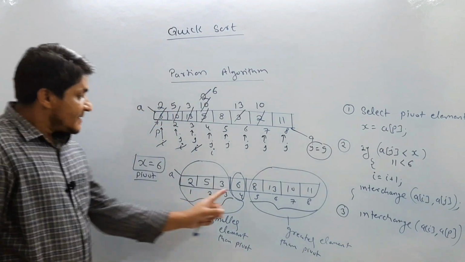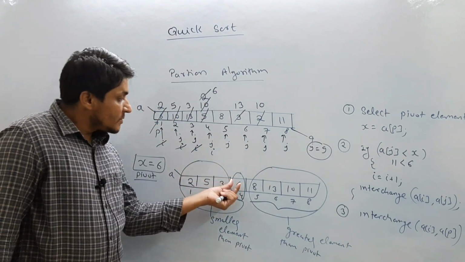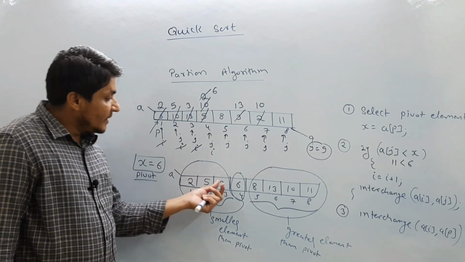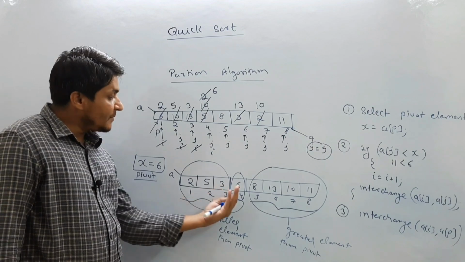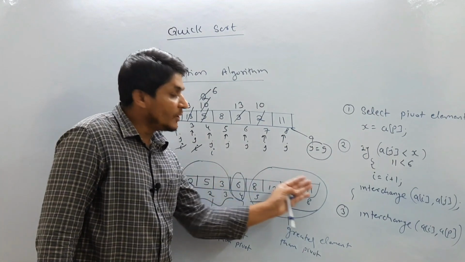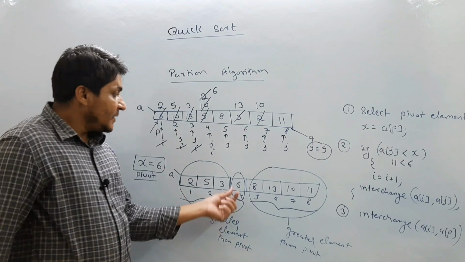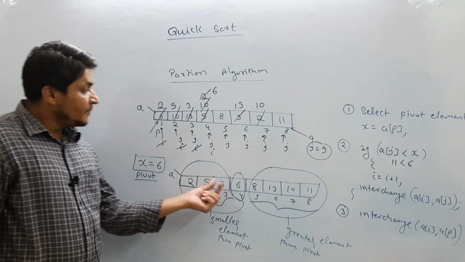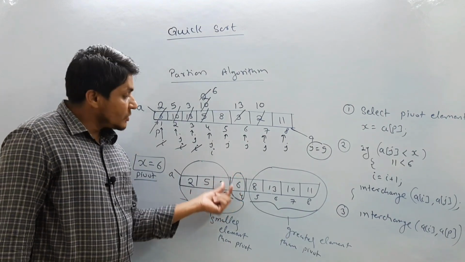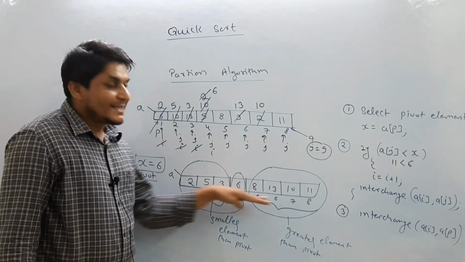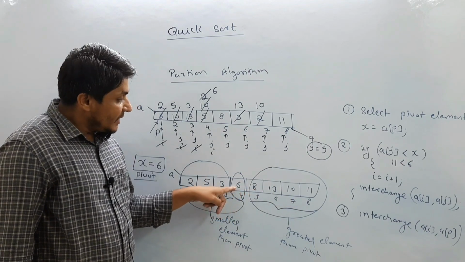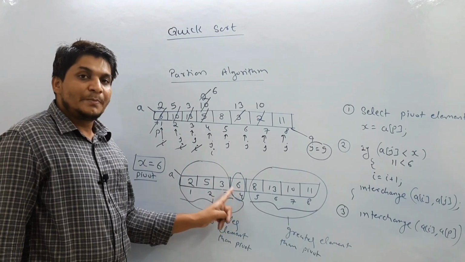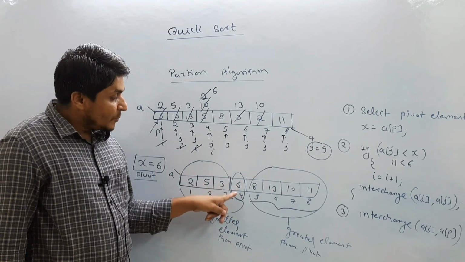See, now if you sort this array, because this part is not actually sorted, 2 5 3, after partition there is no guarantee that the left part is going to be sorted or the right part is going to be sorted, but there is a guarantee that the pivot element will reach its correct position. Once partition is done, 6, the pivot element, will reach its correct position. Means if you sort this array, then 6 will be at index number 4 only. This is the correct position. Partition decides the correct position of the pivot element.